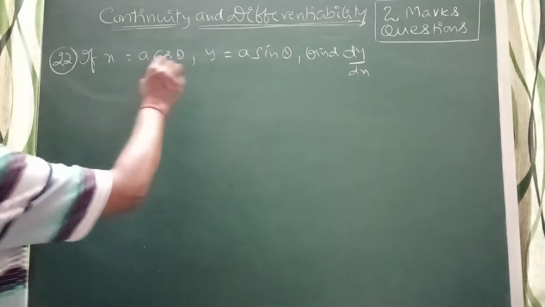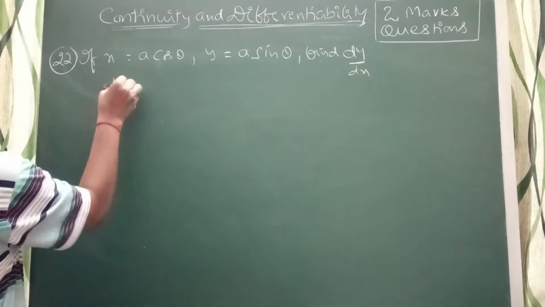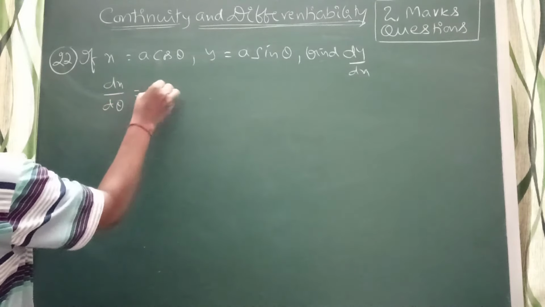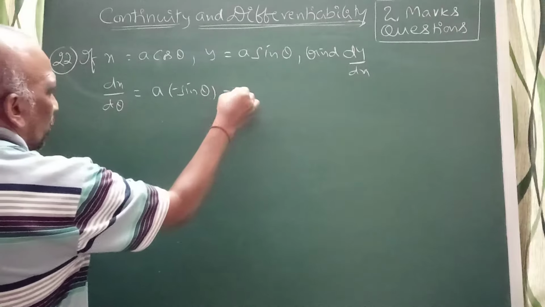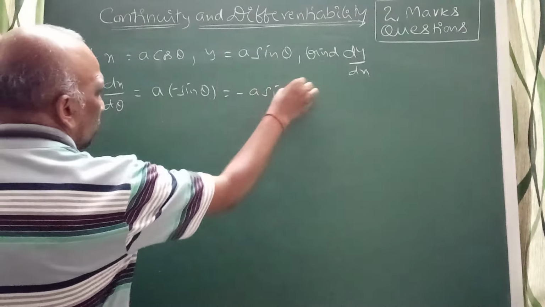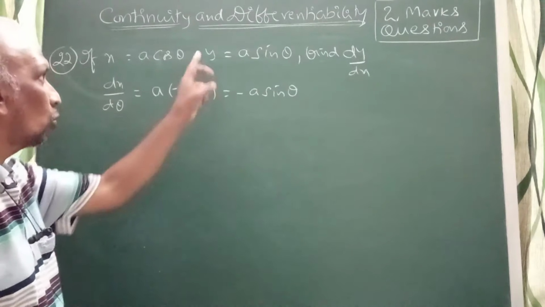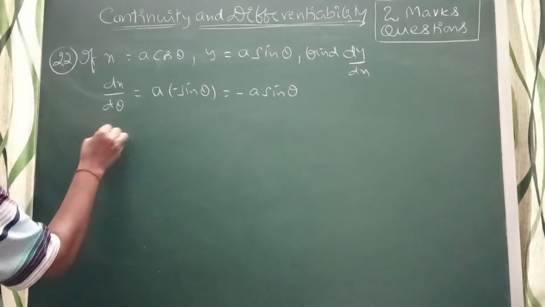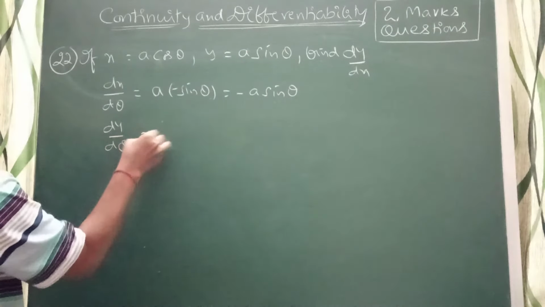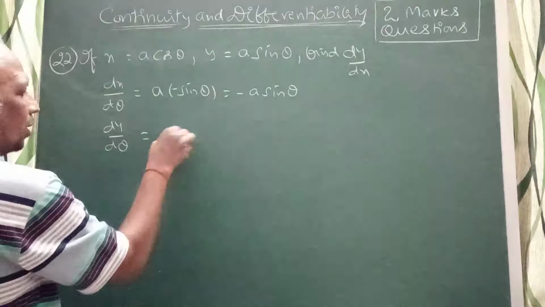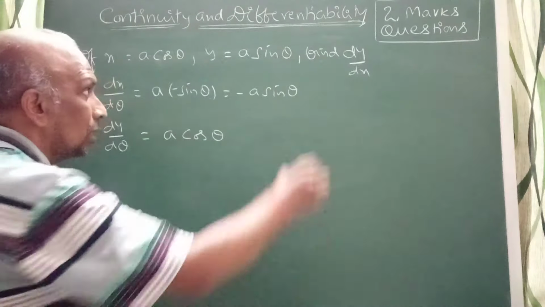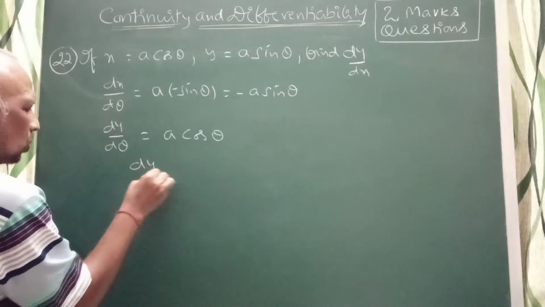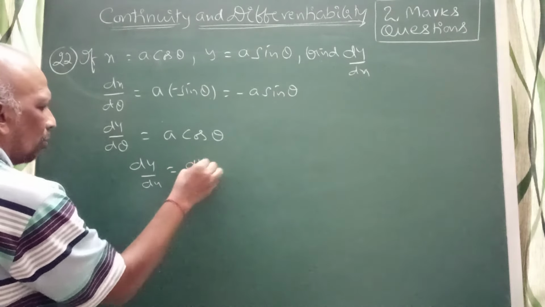Now you can find dx by d theta, the derivative of cos theta is minus sin theta. So this will be minus a sin theta, dx by d theta. Y in terms of theta, dy by d theta. When I am talking dy by d theta, here the derivative of sin theta is cos theta. But here when I have written dy by dx, so dy by dx is equal to dy by d theta